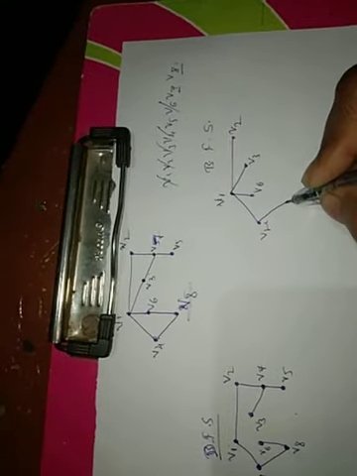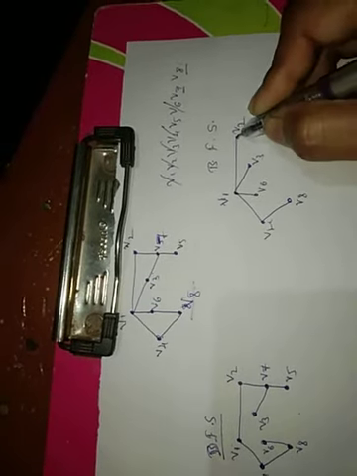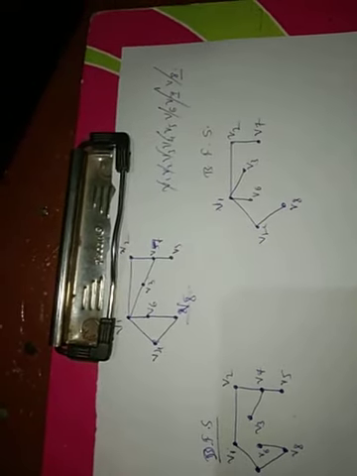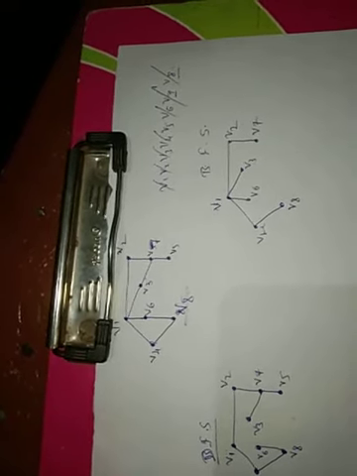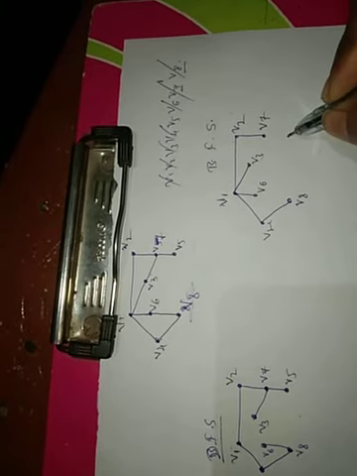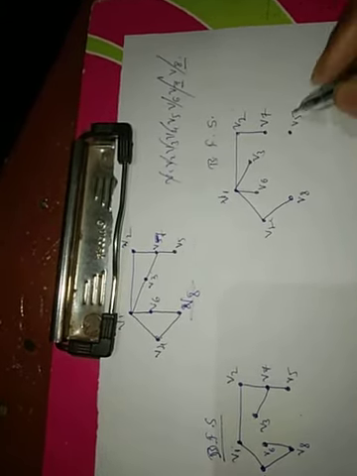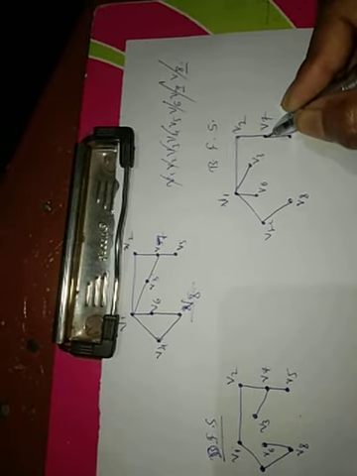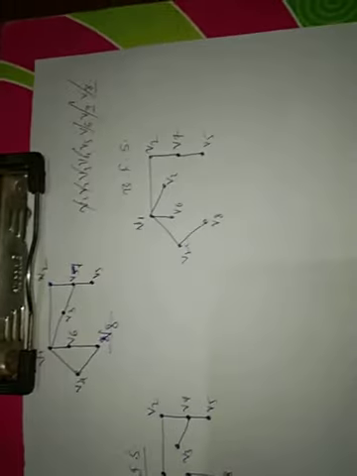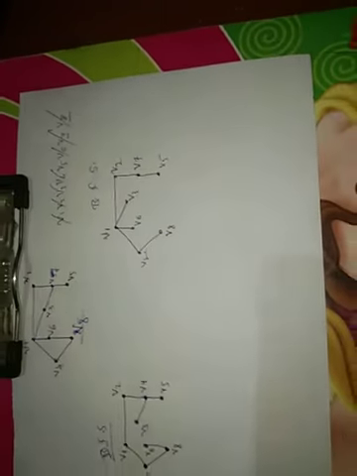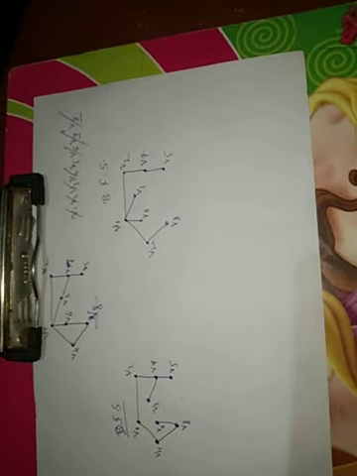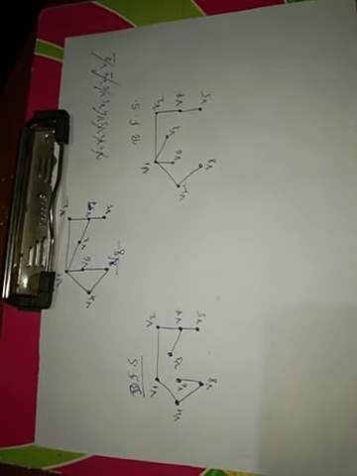So join the edges V8 and V7. Delete those vertices. Now the remaining vertex is V5, which has an edge to V7. Join V7 and V5. So that is the spanning tree by the BFS algorithm. So that is how to find the spanning tree.